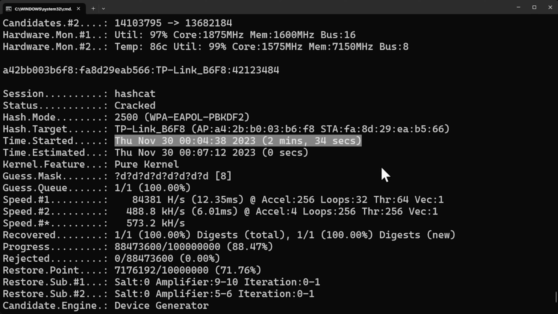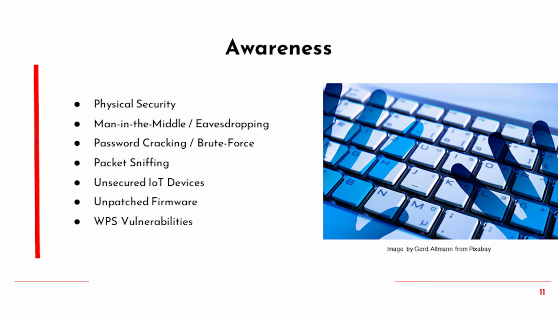Awareness. Now let's discuss some awareness and recommendations we might have when thinking about wireless networks. Physical security. Keeping the router in a secure location is extremely important to prevent unauthorized access. Man in the middle and eavesdropping. Wi-Fi signals and communication can be intercepted and manipulated. Use WPA3 encryption to protect against eavesdropping and ensure that the router firmware is up to date to mitigate